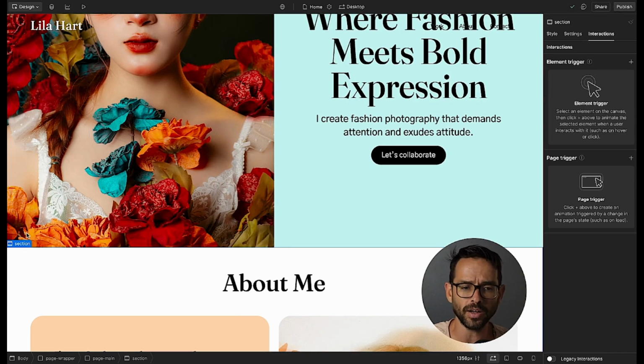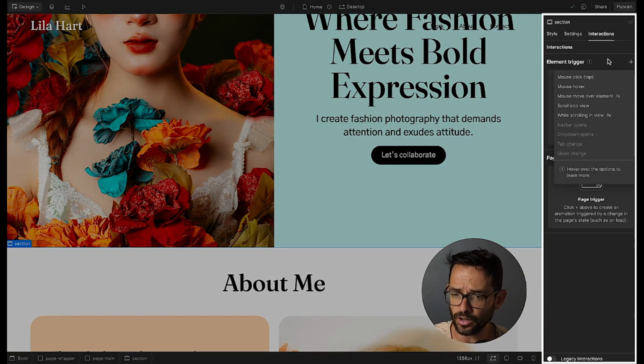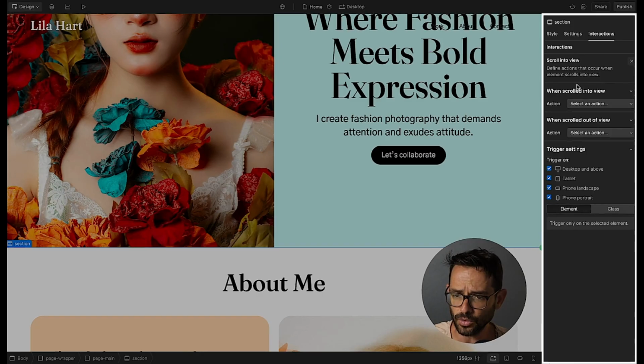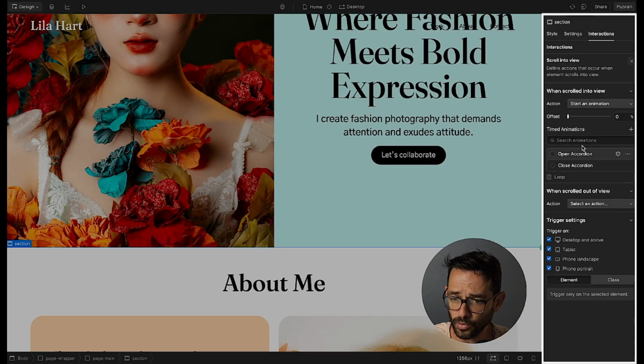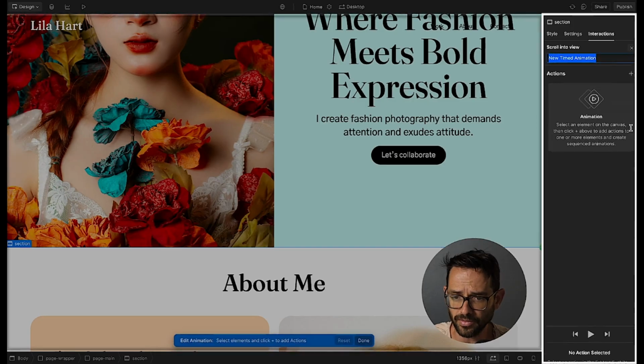And then we can just play along and make sure that we're getting into the final stage of the animation, the final color. We're not stuck in a color in between. So let's do that. I'm selecting the section and using an element trigger when it scrolls into view. And we've got scrolls into view and out of view. Let's start with into view. Let's start an animation. We already have open, close accordion, but those are not relevant. So I'm going to do